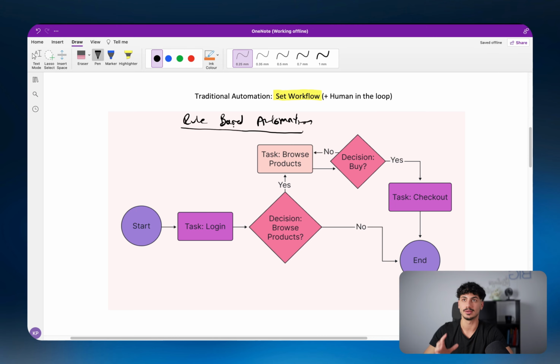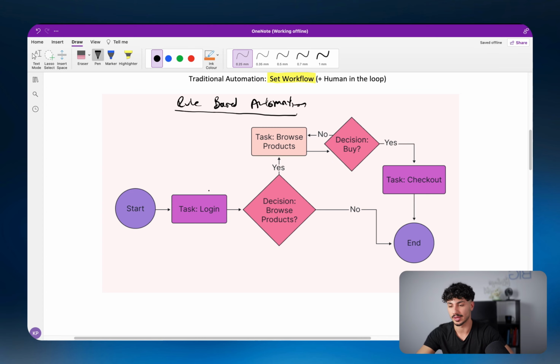So you know how I said with the AI agents, you can tell it to go and do a certain thing and it will go and do that certain thing for you without any help? Well, traditionally we could do that as well with rule-based automation, but you would have to define exactly how that thing has to be achieved. To put some perspective behind this, in this example of a rule-based automation, you can see that when the automation starts, you have to define exactly what happens at each step in order to get to the final outcome.